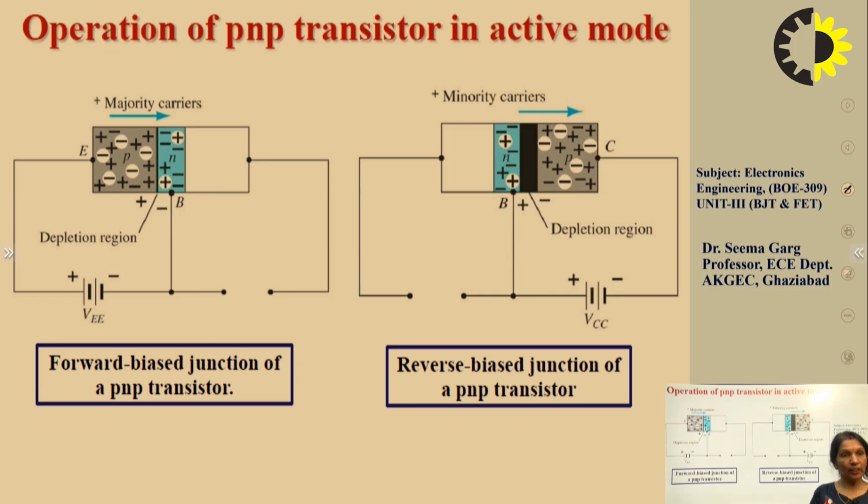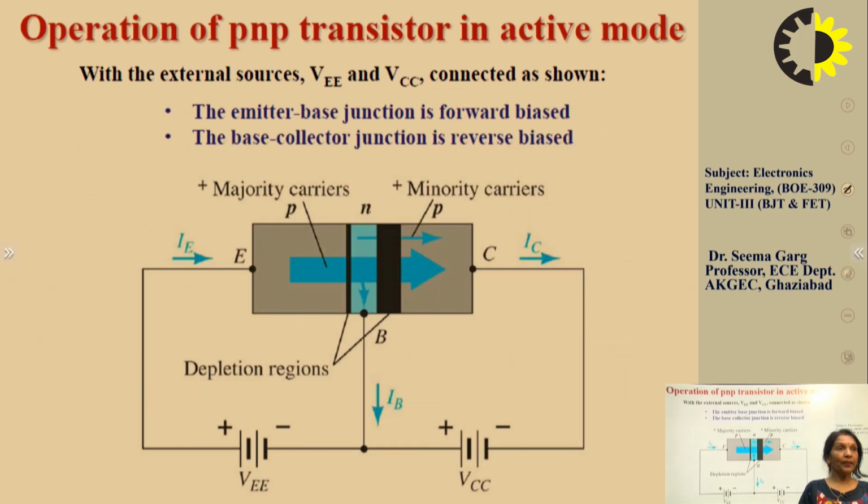That means the minority charge carrier will still be flowing in the circuit. This means that the current is flowing due to the collector base reverse biasing. The current which is flowing in the circuit is due to the minority charge carrier. So this is how we can say that collectively, if we see in the circuit, when you are biasing